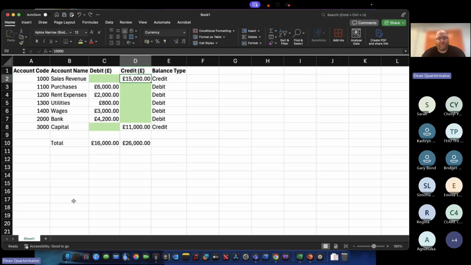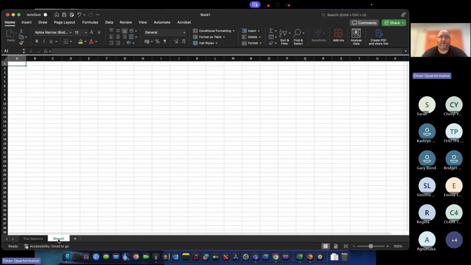So I'm just going to set up another worksheet here. One thing I didn't mention is these worksheets at the bottom. You can have lots of different worksheets within what's known as a workbook. So the whole Excel spreadsheet's a workbook, and within that you can have worksheets. We've only got one at the moment, conveniently called Sheet 1. Now I'm going to change the name just so we've got some idea what this is. So this is the trial balance. And I'm going to create another sheet, and I'm going to call this